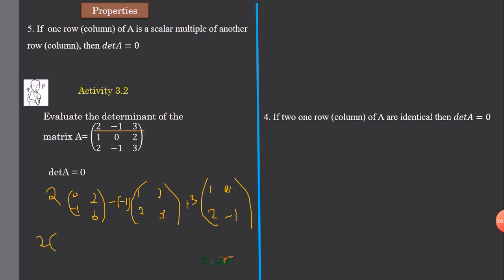This will give us 2 multiplied by 0 times 3, that will be 0, minus -2 times -1 times 2, that will be -2. So this will give us a +2. This is plus 1 multiplied by, this is 3. This is 3 minus 4, which is -1, plus 3. 1 times